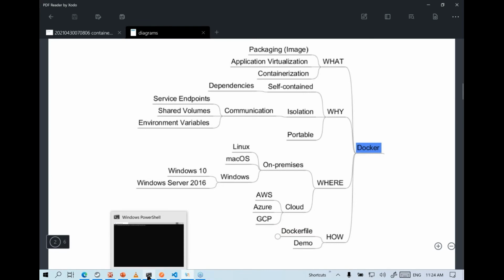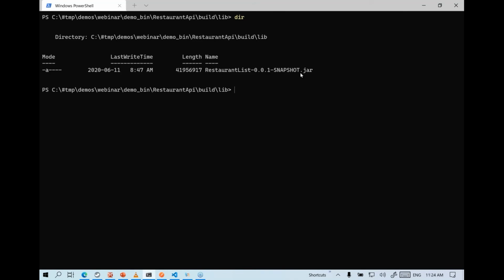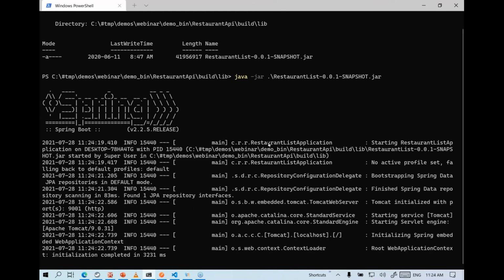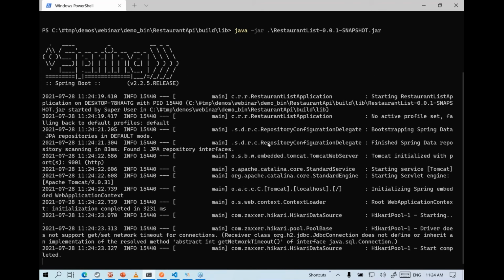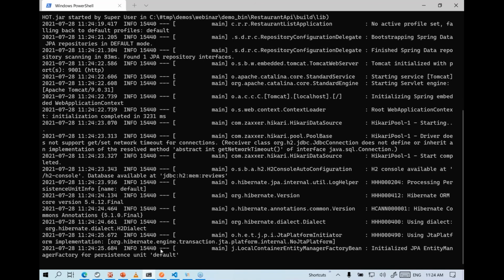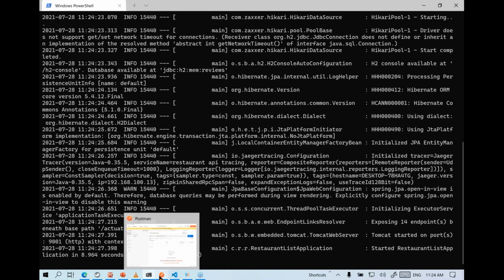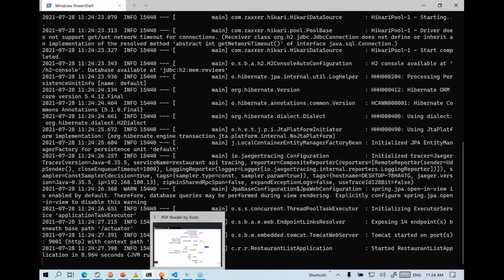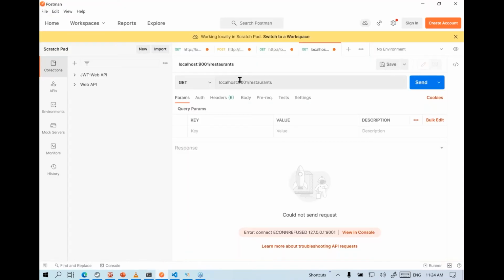For example, here I have a simple Java Spring Boot application. You can see that I've already compiled my application. It's a simple REST API. If I run this particular application by using java -jar, it will start up Spring Boot's built-in application server, and the REST API will be available to us. It's a very simple REST API, and I want to show you how to containerize it and also how to deploy it to AKS. So here, let's first quickly switch to Postman so I can test the endpoint.